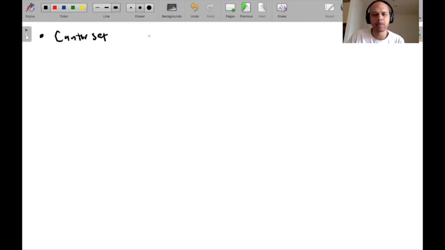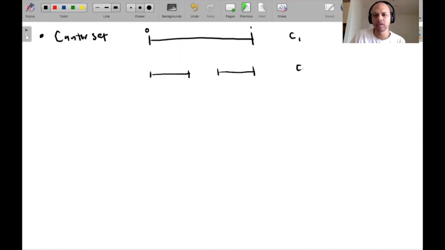So maybe you've seen this before, but it's defined in the following inductive way. You start with the interval from 0 to 1. Let's call that C1. And then you remove from this the middle third interval to get C2, so that here we have 0 to 1/3, 2/3 to 1. You have these two intervals, and then you repeat on each of these,